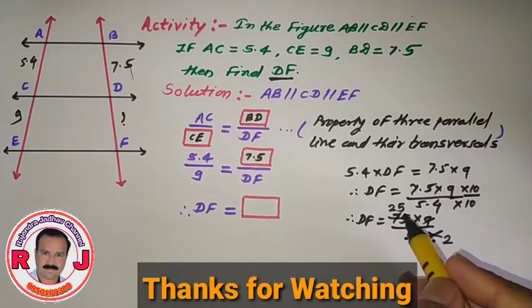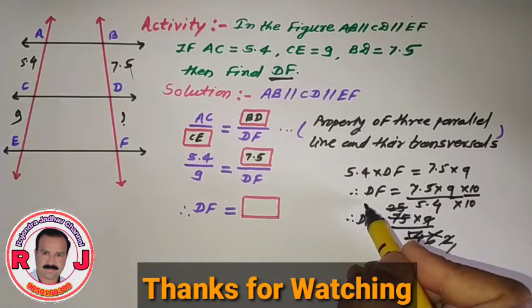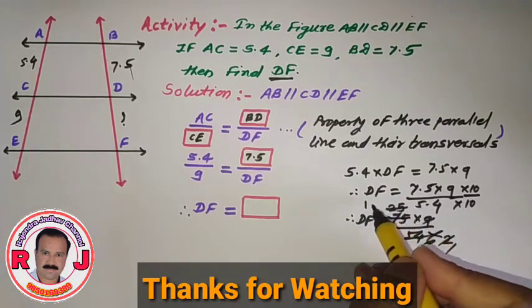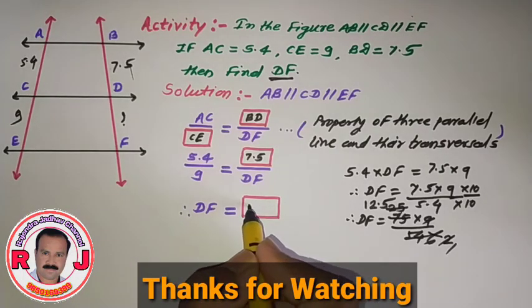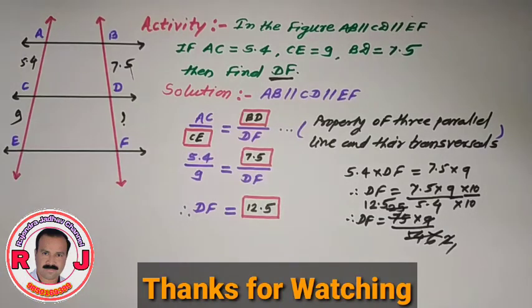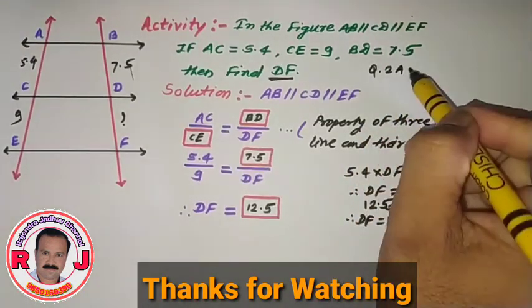Here 25 upon 2: 2 1s are 2, 2 2s are 4, remaining 1, and then 5. Here the value of DF is equal to 12.5. This type of activity-based question is asked on our question paper in question number 2A for 2 marks